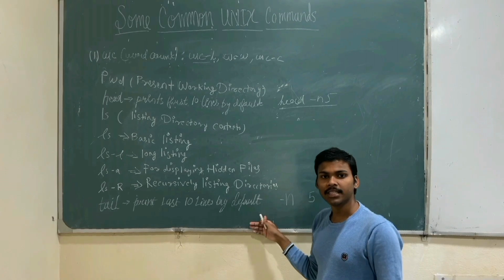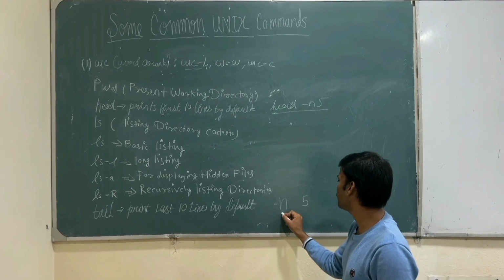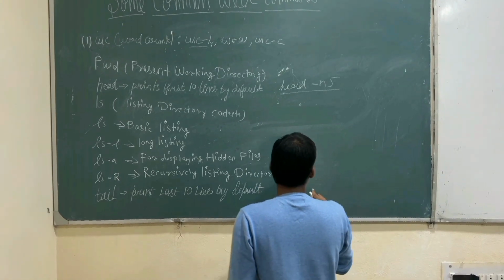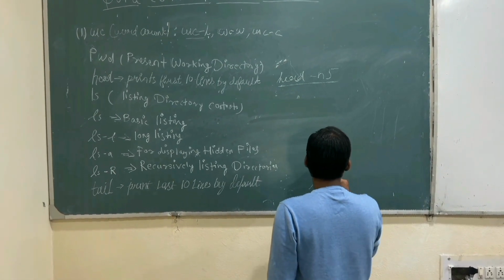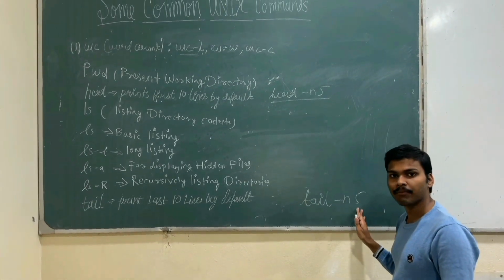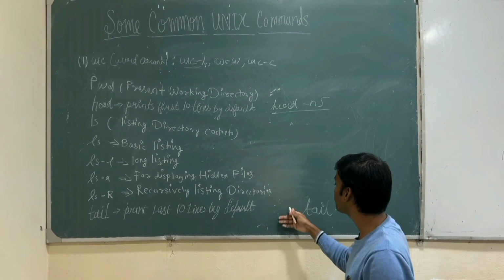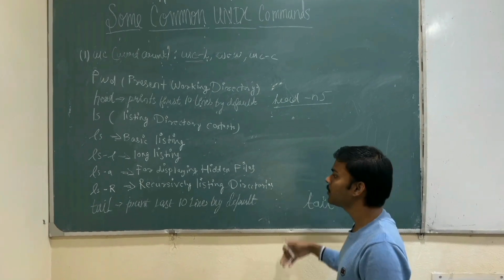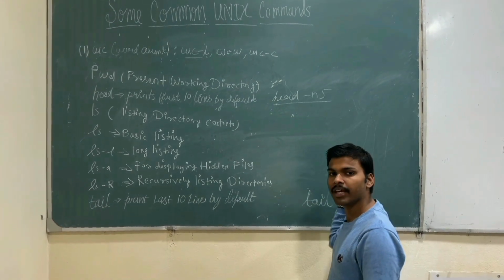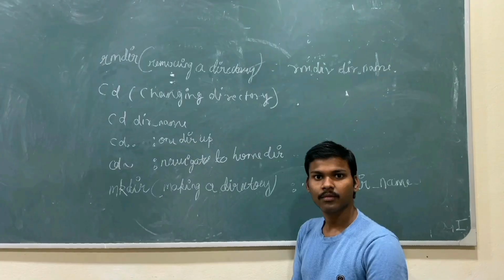By default it prints the last 10 lines, and suppose we want to print the last 5 lines, we are going to write tail -n5. 5 we have taken here for example. We can take any number for the number of lines we want to print from the last. So here we completed some common Unix commands. Next up we have the VI editor modes, which we'll be seeing later.